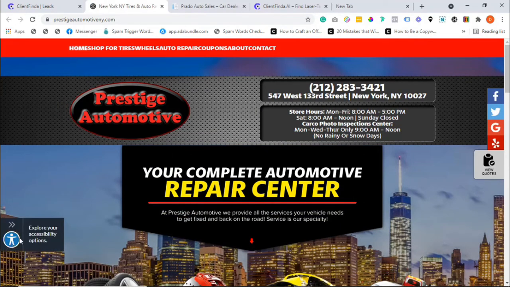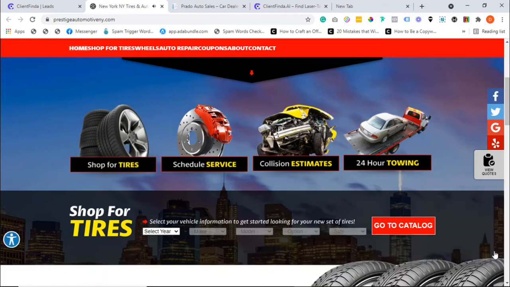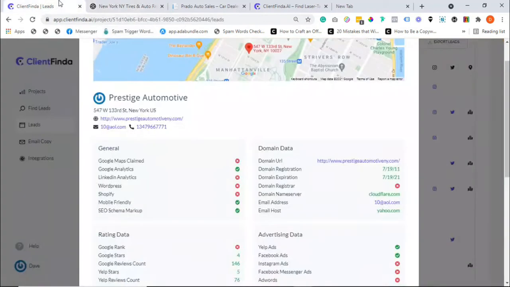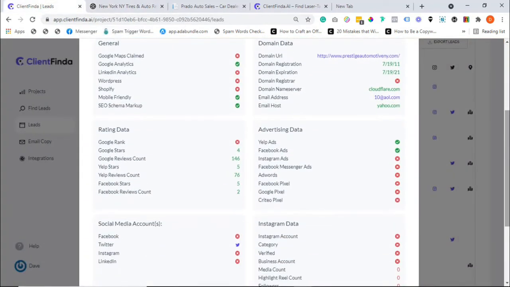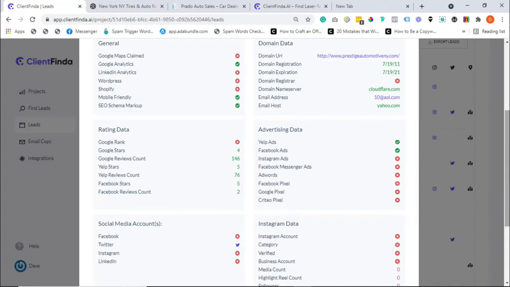All right, awesome. This one has an ADA compliance widget active. So this means they already understand the importance of being ADA compliant. This makes them an easy sell. So what if you could offer them a better ADA optimization deal? And if a business isn't compliant or doesn't have an optimization widget active, that makes them viable leads for that service tool. Does the website have an active SSL, a custom favicon, etc.? If not, these are all services you can offer for top dollar. Also, you have a detailed analysis of leads that run paid ads. The ad medium identification is done for you across platforms: Facebook, Messenger, Instagram, AdWords.